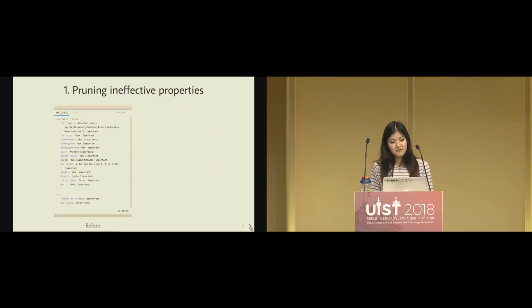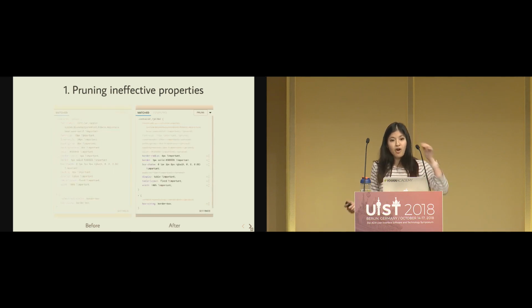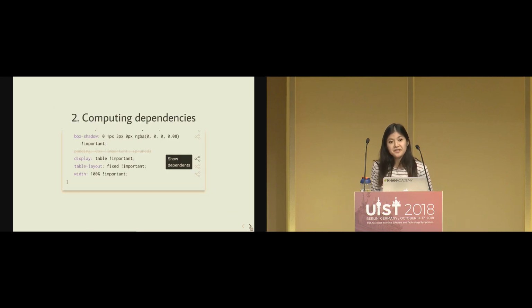The first is pruning ineffective properties. So on the left, you see what Ply's CSS output looks like to begin with when you start inspecting the Airbnb web page. And if I click this button to prune properties, you'll see that it grays out everything that's visually ineffective. And the second is that you can compute the dependencies within a cascade of match styles for a